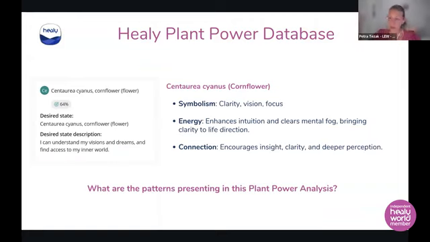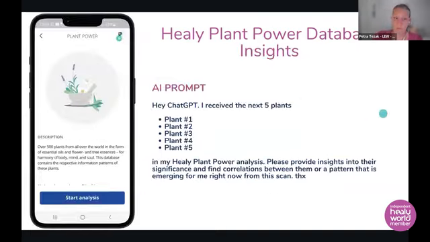So looking at a wider picture, not from the contraction space. So you can do this, yeah, and you can take all these plants, and pop them into an AI, literally ChatGPT, yeah, which is free. And I actually gave you a prompt. I'm going to give this prompt to you in the Facebook group, so you can just copy paste it. And you can just pop in your 5 plants that come up, yeah. If you don't know how to copy the plants, I can show you. I'll share my screen and I'll show you.